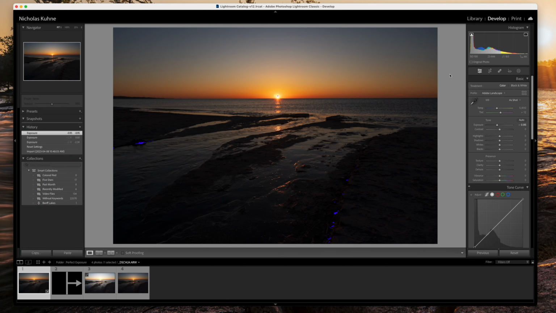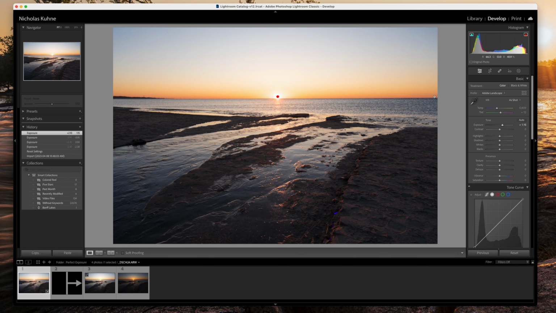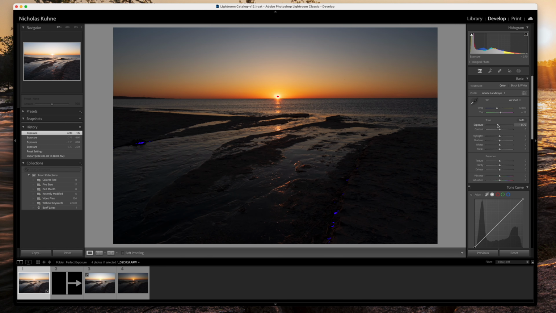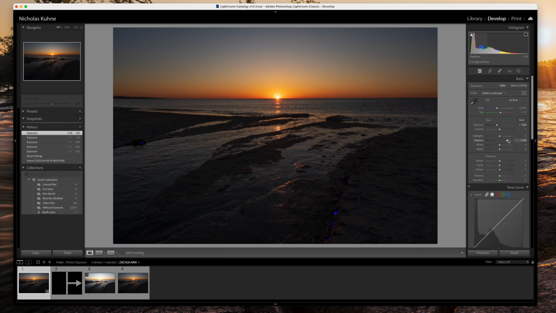It also introduces quite a lot more color. And if I were to bring this up, all you would get is a small yellow-orange band here, and then mostly just white at the top. So if I bring that down, I'll be able to get a little bit of interest in the sky, but I'm now introducing more underexposed pieces inside this image. So to compensate for that, I can bring up the shadows, which will expose a little bit more of this